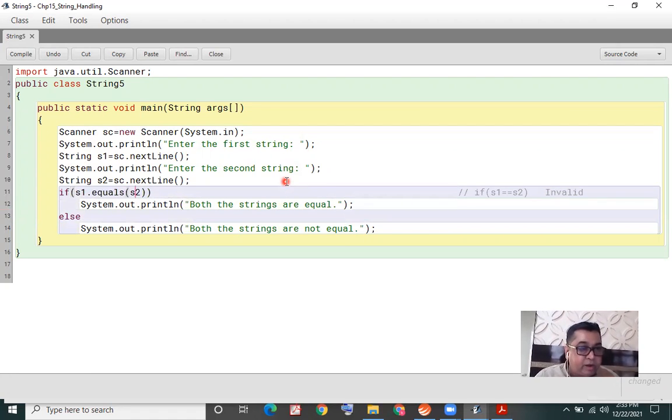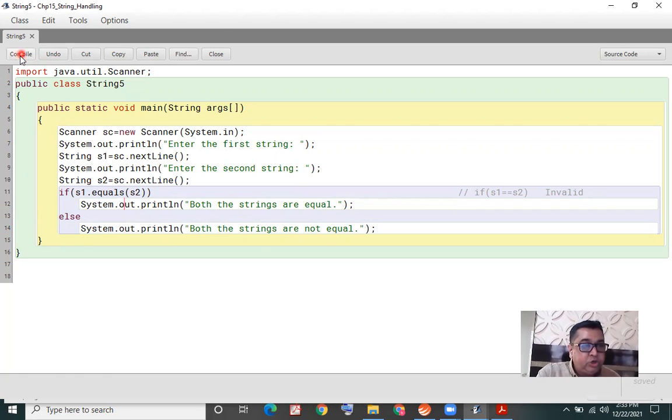One closing bracket for the equals method, another one for the if command. You can even write it like this: S2 dot equals S1. You compare S1 with S2 or S2 with S1, same. So you have to use the equals method in the String class to compare strings.